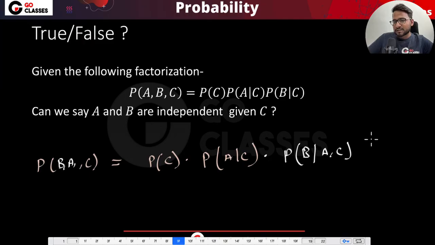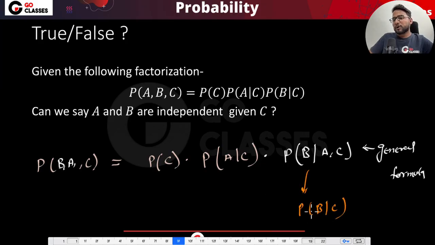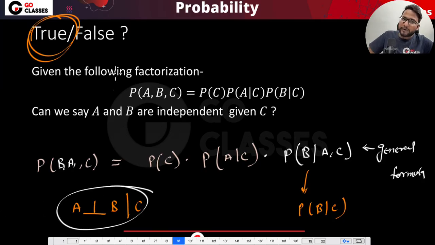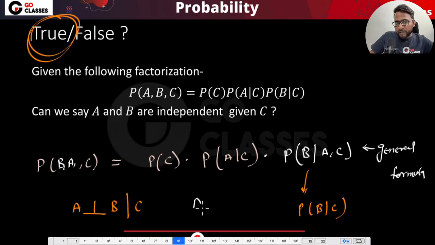This is a general formula. But instead of that, here you have probability of B given C, which means what? That given C it doesn't matter whether you have A or not, right? So yes, this is true, you can say that A and B are independent. Actually, there is a symbol for independence. A and B are independent given C. This is a general symbol that people use for independence. If you just want to write A and B are independent, then write it like this. If you want to write A and B are independent given C, then write it like this. Okay,